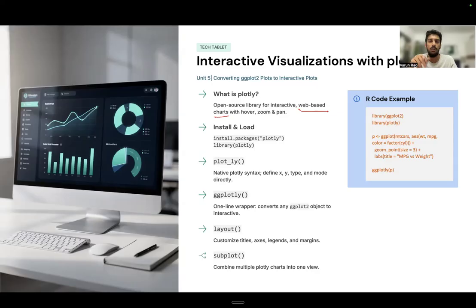Okay. And with the help of Plotly, you can also install and load. You can also download different packages, etc. Okay, to download the package, I think the name is Plotly in itself. And once you have Plotly, you can use this function. Like when you have ggplot2, you use ggplot as the main function. Likewise, whenever you're using Plotly as a package or Plotly as a library, then you can use this function